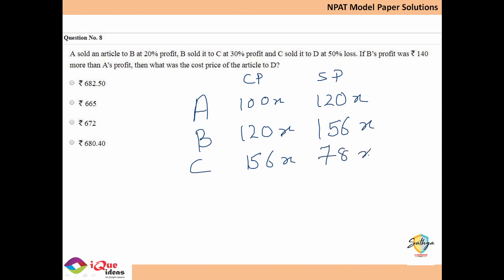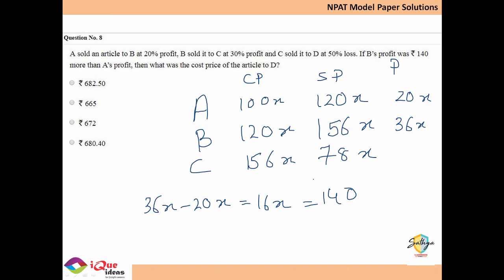He sold it for 78x. Now, the problem is that B's profit was 140 more than C's profit. The profit which A is making is 20x. The profit which B is making is 36x. Now, if the difference between B's profit, that is 36x, and A's profit is taken, then I get that 16x is equal